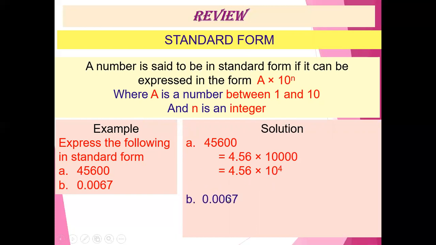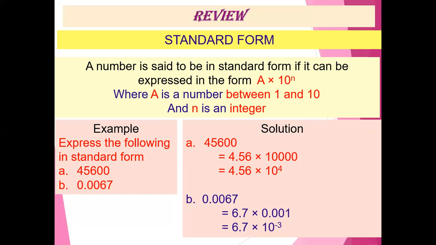The next one, 0.0067, is the same thing as 6.7 times 0.001. You can also say we are moving the point, how many times? 1, 2, 3, because we stop here since 6.7 is a number between 1 and 10. So we move the point 3 times, that determines our integer. But since this is a small number, a number less than 1, our power would also be negative. So we would have 6.7 times 10 raised to the power of